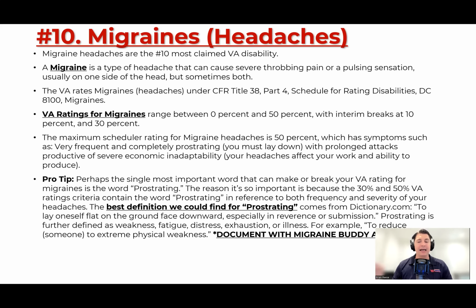What it says is that your migraines are so severe that they affect your work and your ability to produce. So maybe you have evidence of increased sick leave. Maybe you've got evidence of the prostrating nature, that you have to lay down in a dark room and put on soothing music. Pro tip, the single most important word that can make or break your migraine claim is the word